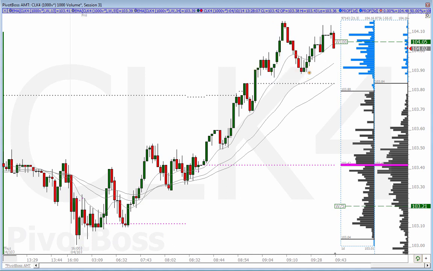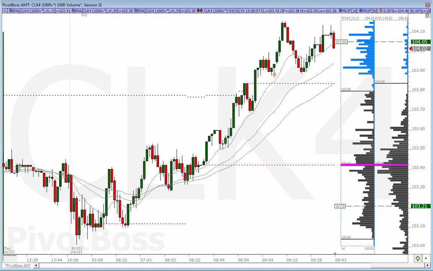So when you have those big sellers that came in and sold here, remember those big passive buyers, they have limit orders, resting limits sitting there. So when you have that big 440 contract sell imbalance that came in here, what happened? Price immediately went higher because passive buyers had already put their limit orders right on that support, and they're looking to buy this thing and push it higher.